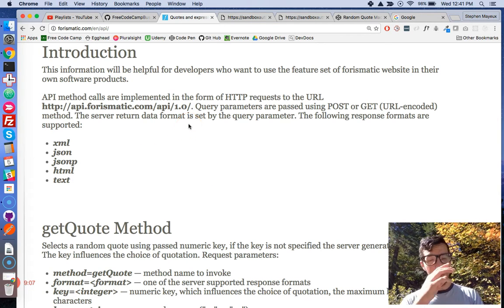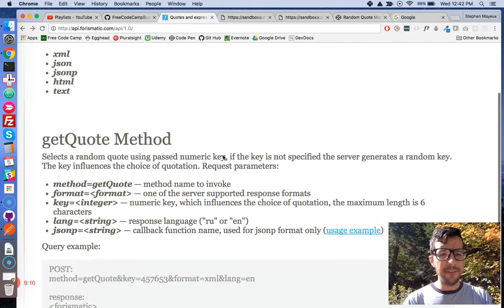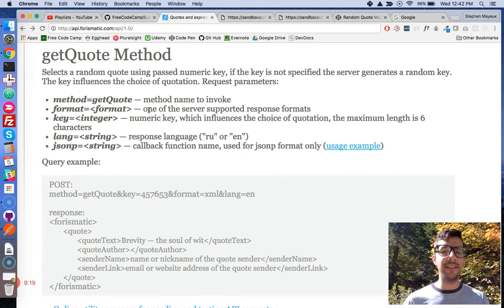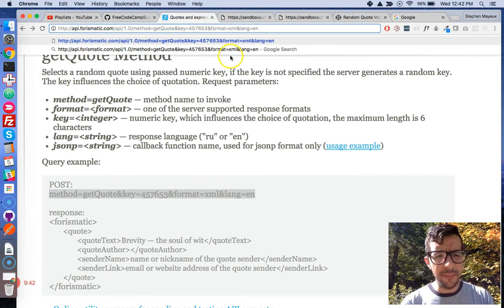So to use it, it's really quite simple. We take the root URL for this API, which I'm copying and pasting right here. And if we read the documentation, it's telling us that we need to include this method. We have to give it a format. I think the default format is XML. We don't want that, so we should specify JSON and a few other parameters that we have to give it. So I'm just going to save us some time, and I'm going to copy and paste that, which is everything that we need, but I don't want XML. I want JSON. So I'm going to put that in there.